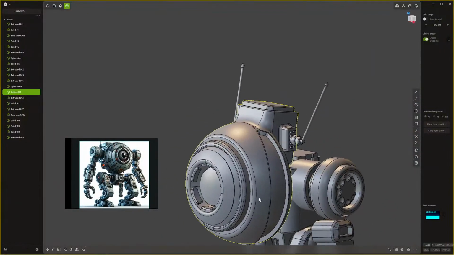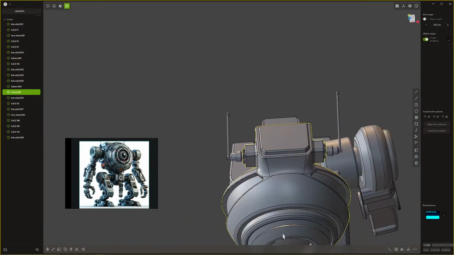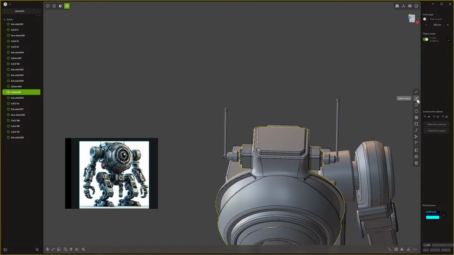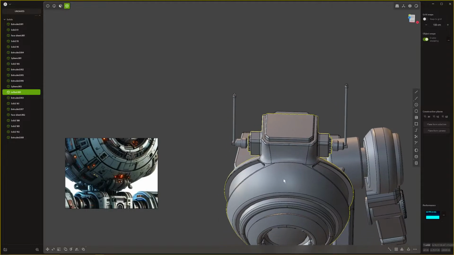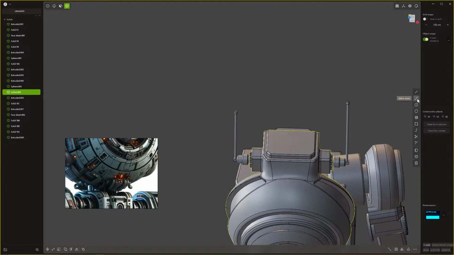I feel like he needs to have more panel work like that, but I just don't know if I've got the time or the energy. But let's do something like,